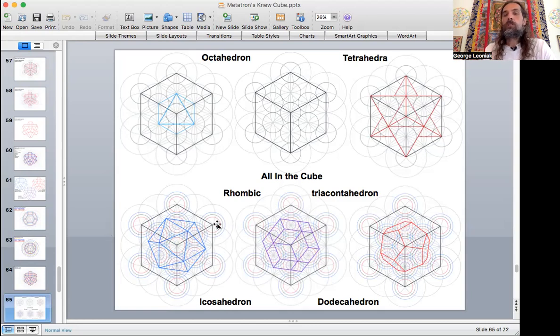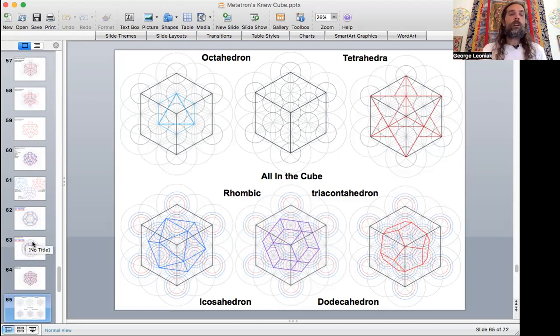And then what we're doing is we're showing how these are now related to the cube. Because remember, this point is touching the surface of the cube. This is going along the faces of the cubes. This is going along the face. This is going along the face. And we put the icosa and dodecahedron together, and then we even get the rhombic tricontahedron all nested in the